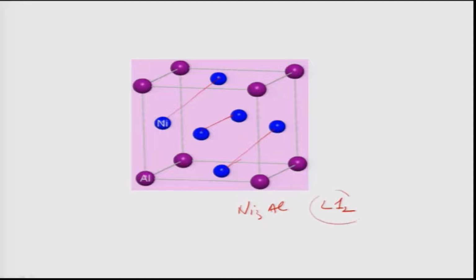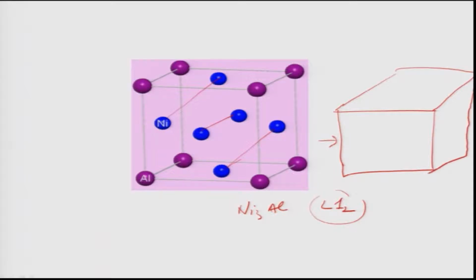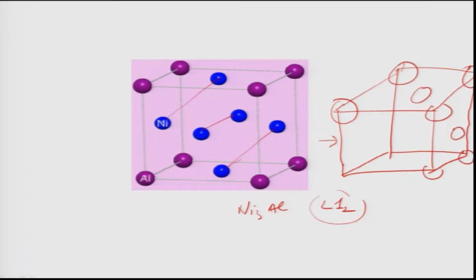Similarly, if I have an FCC unit cell like this, and put a random arrangement of nickel and aluminum atoms, then what will happen? It will simply be an FCC unit cell. If I do not demarcate between the type of atoms sitting at the corners and the face centers, it becomes an FCC structure. So FCC becomes L12 when nickel atoms start sitting at the face center positions specifically,